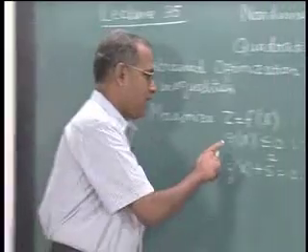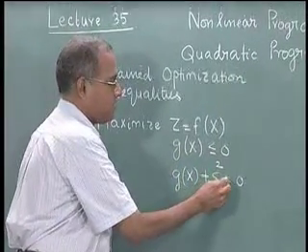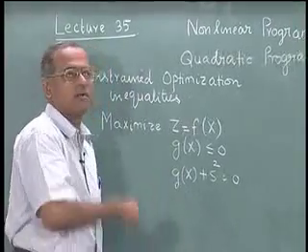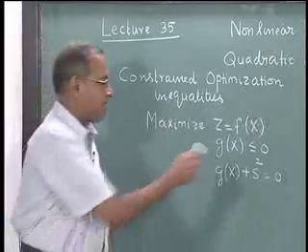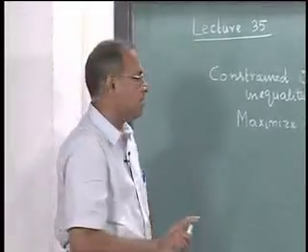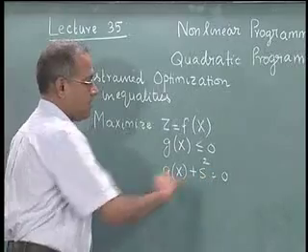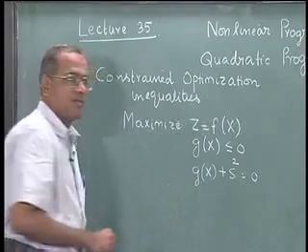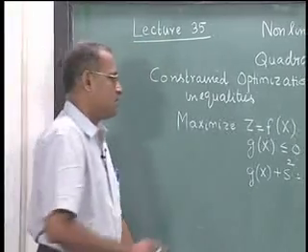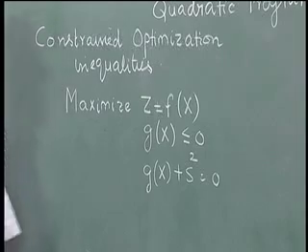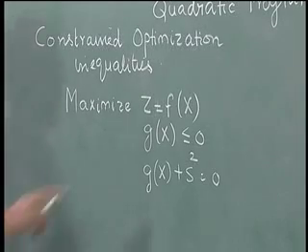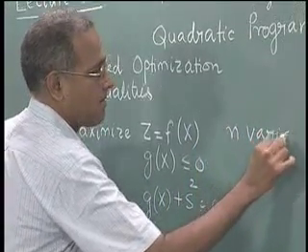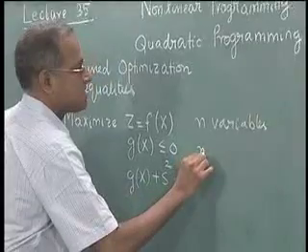Now, here we will write it as g of x plus s square equal to 0, so that s can be positive or negative or 0, but s square will be greater than or equal to 0, so that g of x plus s square is equal to 0. Now, remember that this g of x plus s square equal to 0 is a set of constraints. Similarly, z equal to f of x is a function that involves more than one variable. So, we would have x1 to xn as variables. In general, we say n variables and m constraints